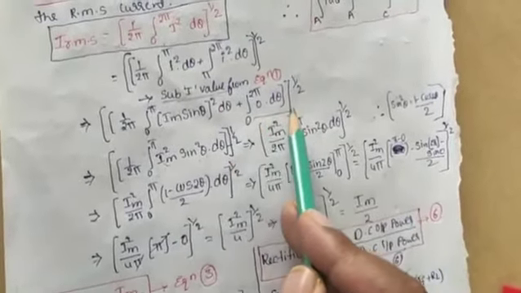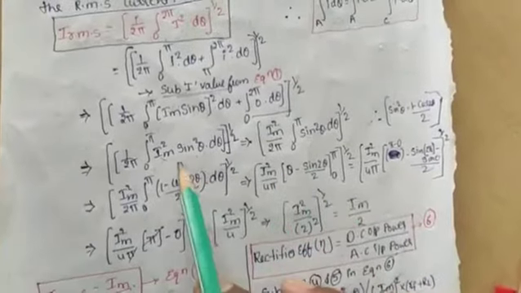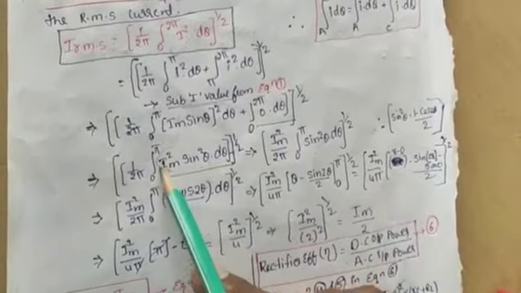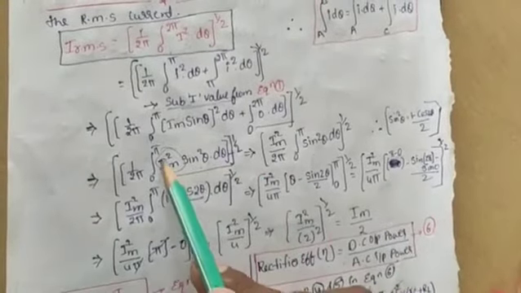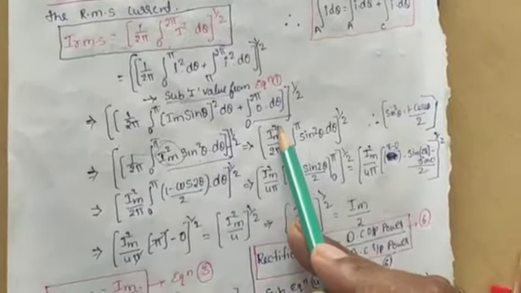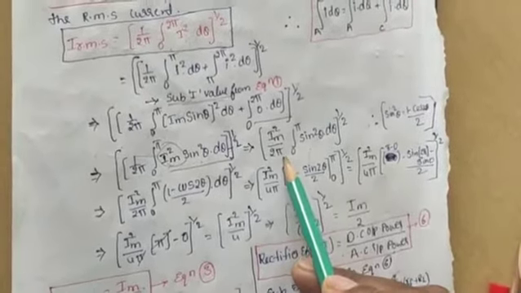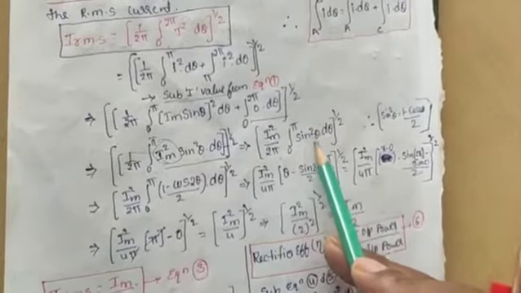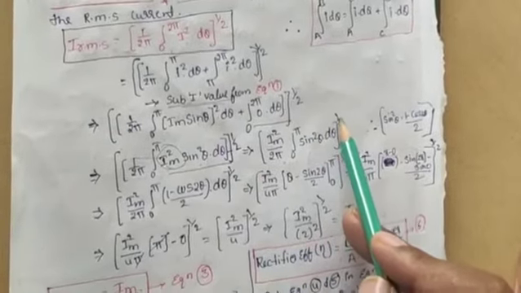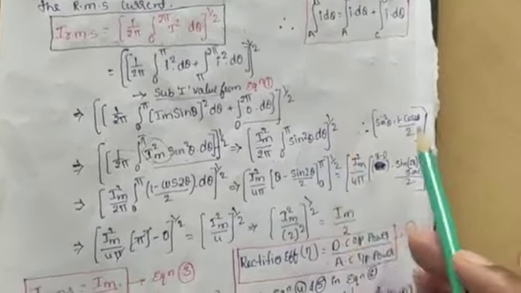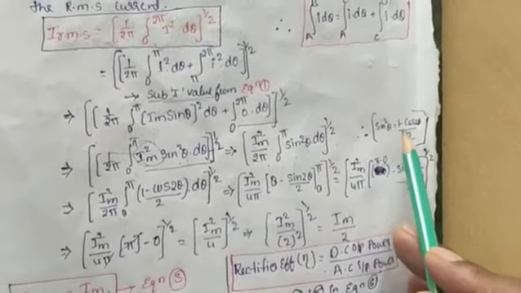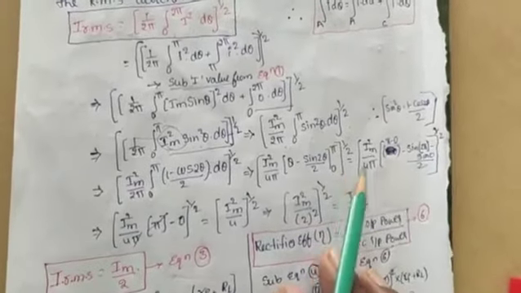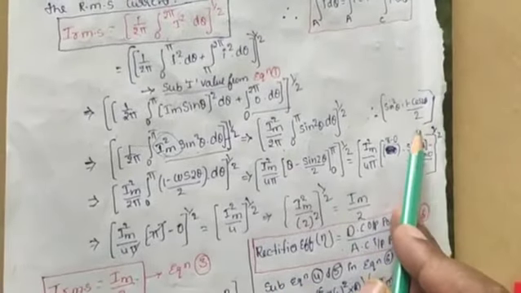This is a complete 0. Now again simplifying this equation. Taking common, I is a constant, so take it outside: I² m by 2π, and write down the remaining equation as usual: 0 to π of sin² θ dθ, whole power 1 by 2. Sin² θ is equal to (1 minus cos 2θ) by 2.